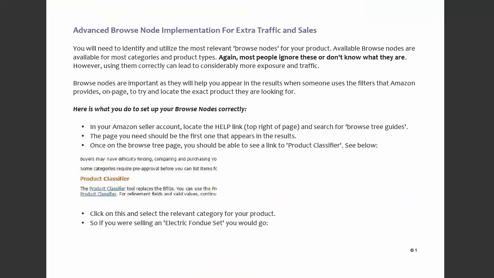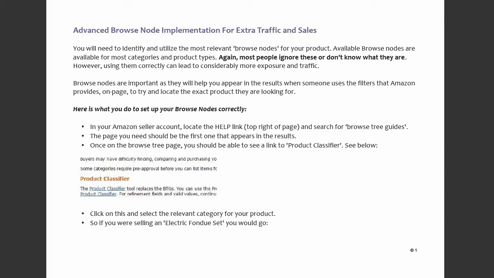Now, in this manual I have explained how to do it, and the other thing I have shown is how to actually find the correct category, because sometimes it can be quite difficult to find the exact category and subcategory for a particular product. I mean, for instance, for yoga mats, it can be quite tricky to find yoga mats. You might think it's in sports and outdoors, but it isn't, and it's someplace else. And the way to find it, rather than going back and forth, going through all the categories in your